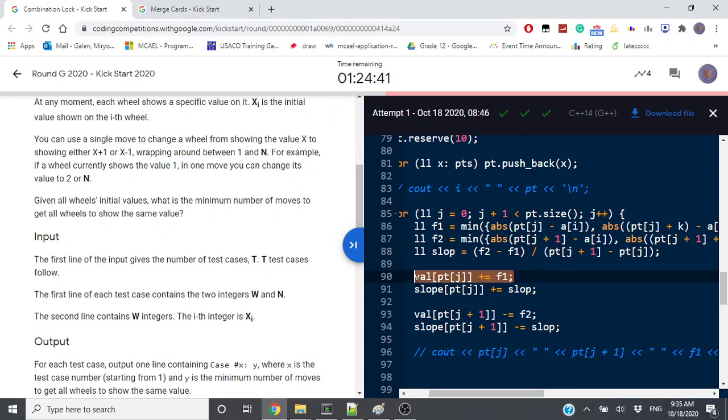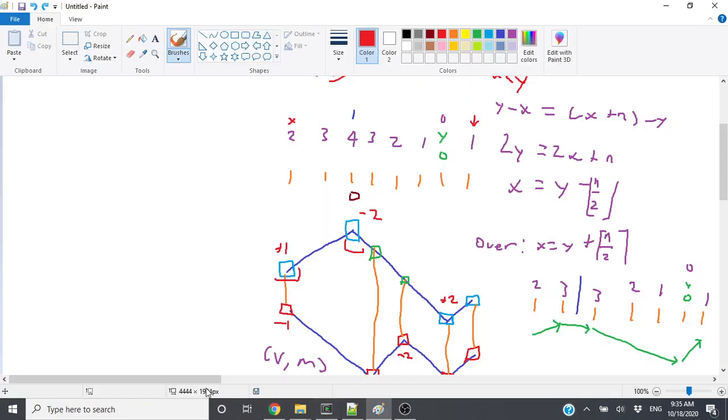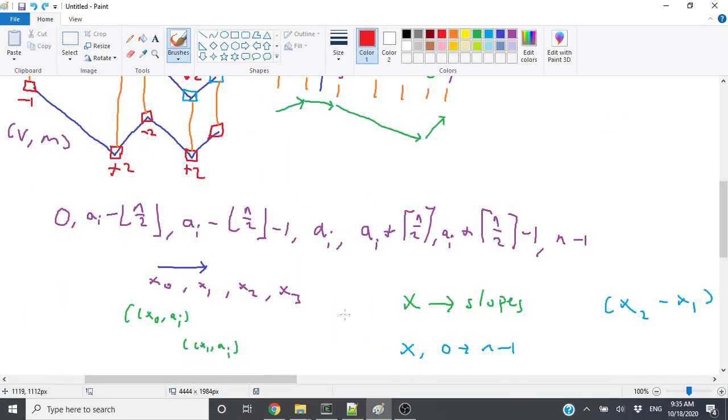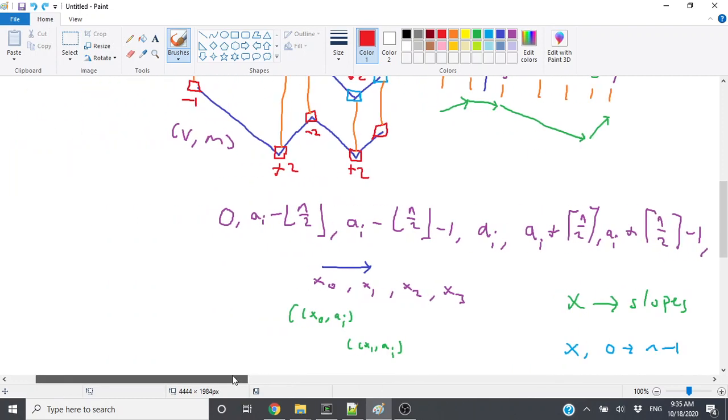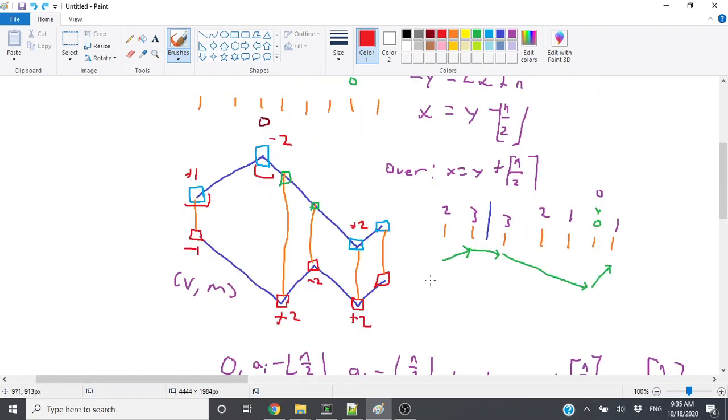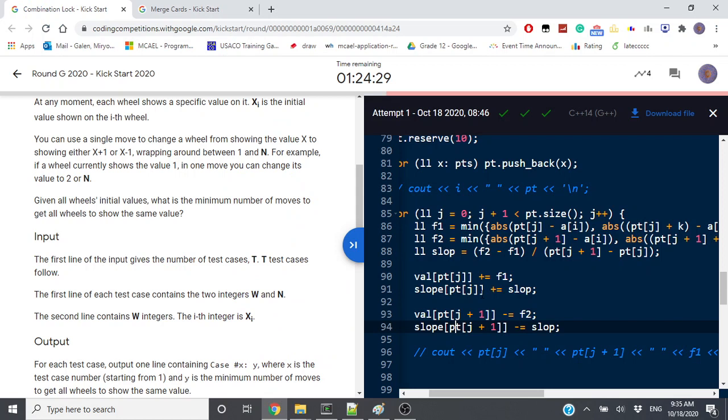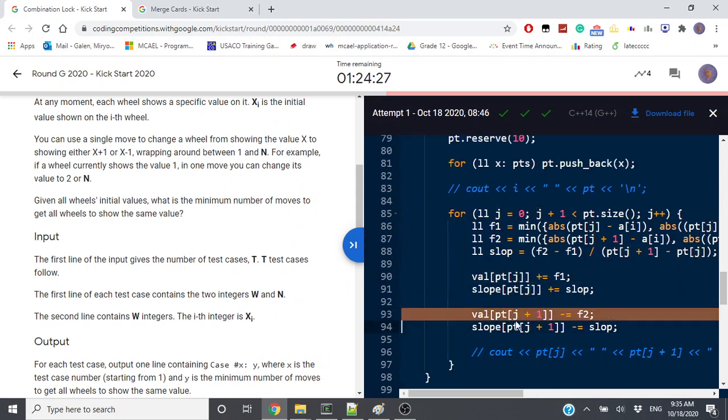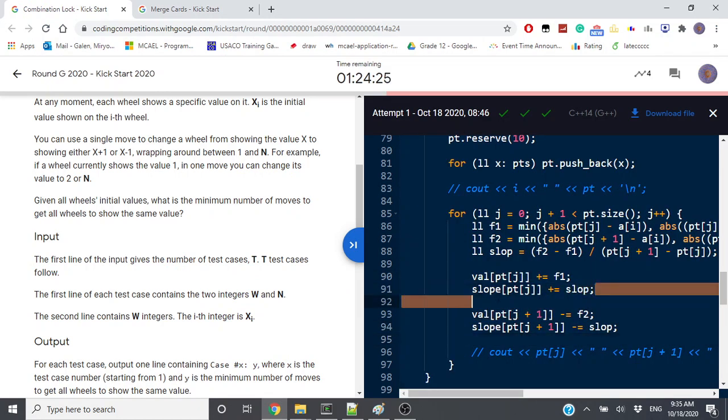I overcomplicate it by also including the values. You don't exactly need to do that because you're guaranteed at each point the values are the same. So literally the only thing I was doing was adding 0 every time. So there's really no point in doing that, right? So just ignore this value thing. All you need is the initial value. And then